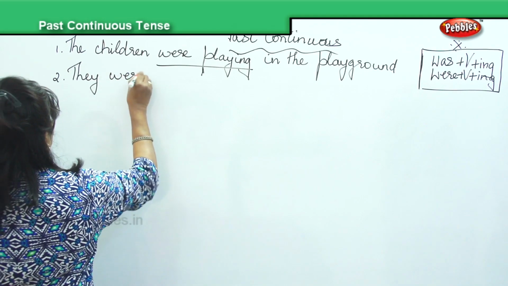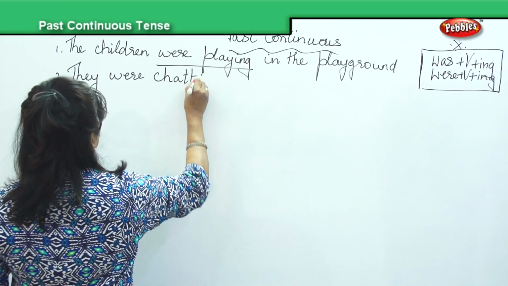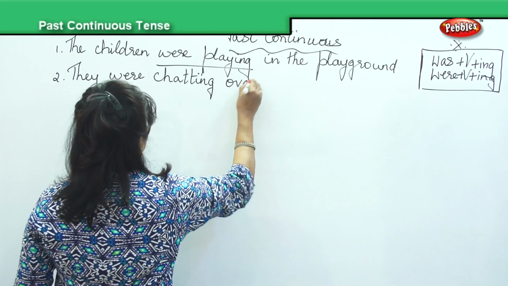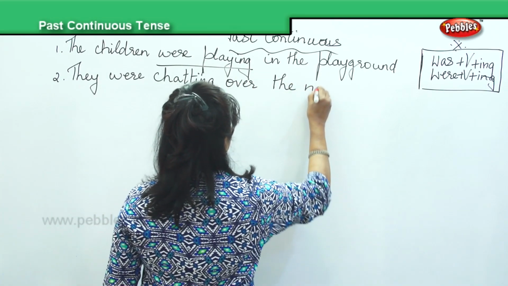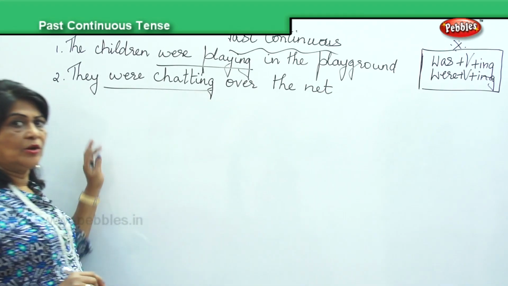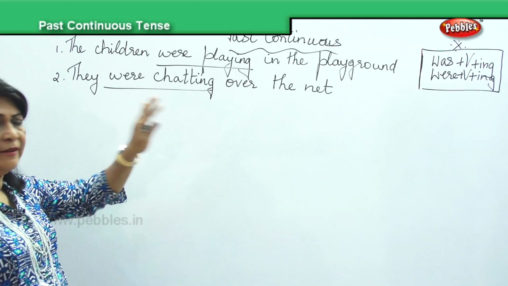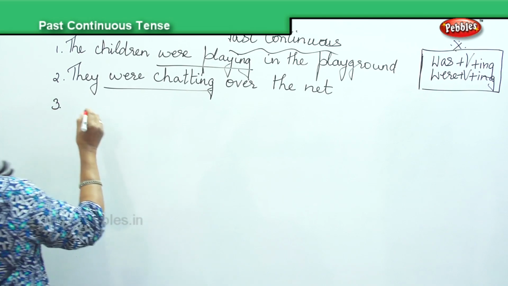They were chatting over the net. Were chatting, because it is they, it is plural. So verb plus ing. Next one,